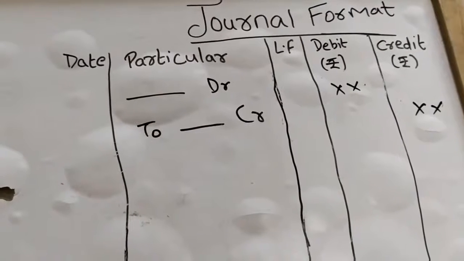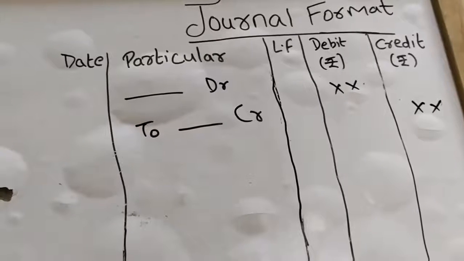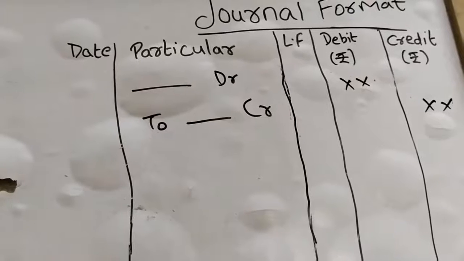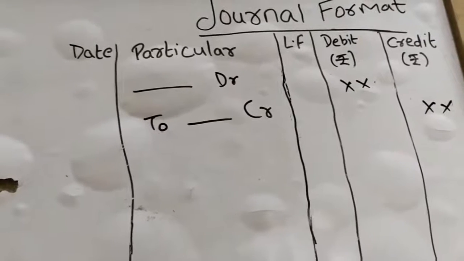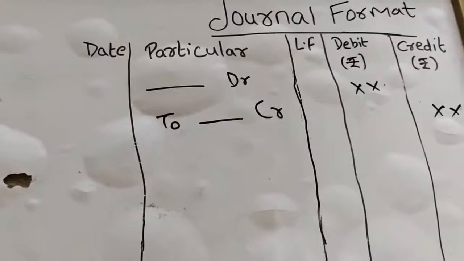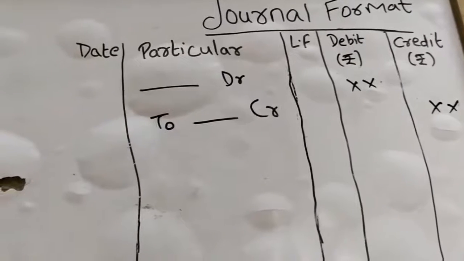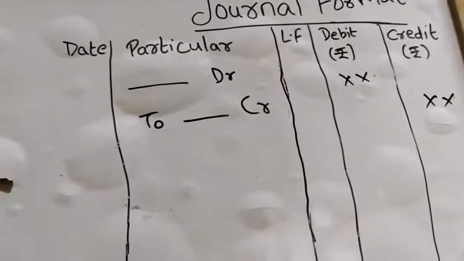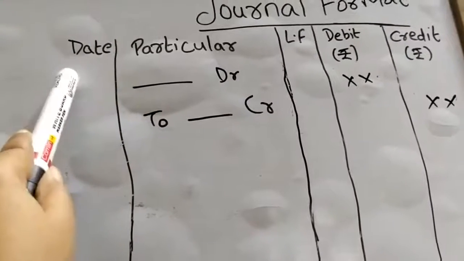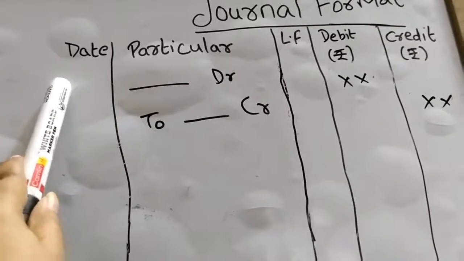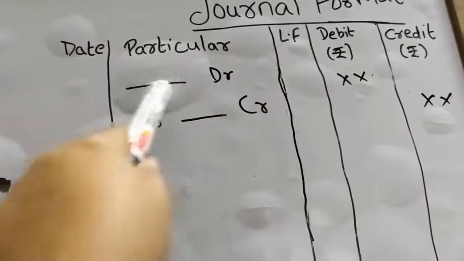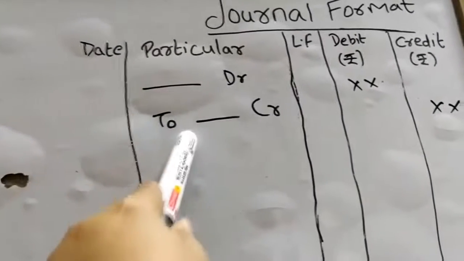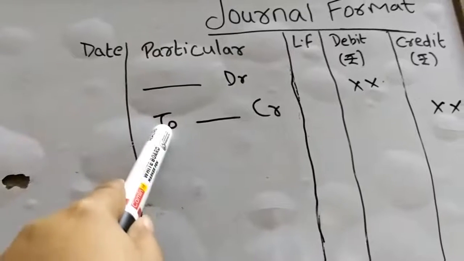So guys, before starting with the journal entries, I would like to explain to you the format as to how we are supposed to make the journal. So everything has a format in accounts. This is the basic one which we start with, the format of a journal. Now the format of a journal includes the column of a date. This is where you will write the date of the transaction. Particular, here you will write what you are debiting and whatever you are crediting. उसके बीच में हम जो वर्ड यूज करते हैं वो टू होता है. सपोज राम डेबिट टू श्याम.